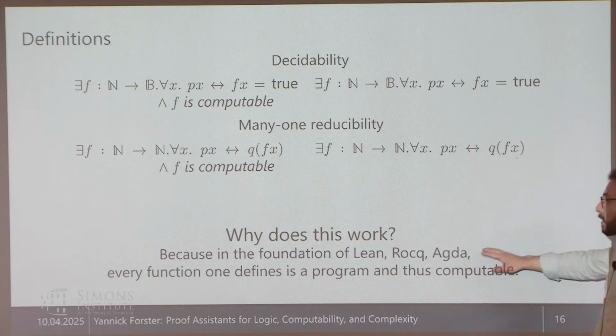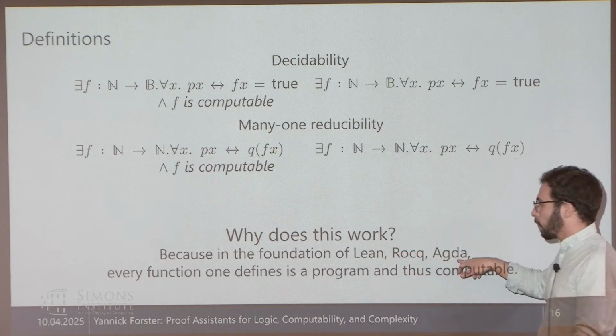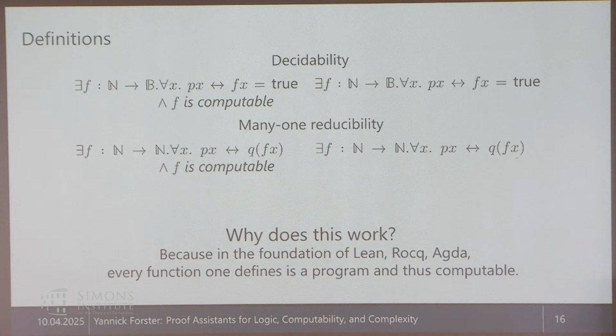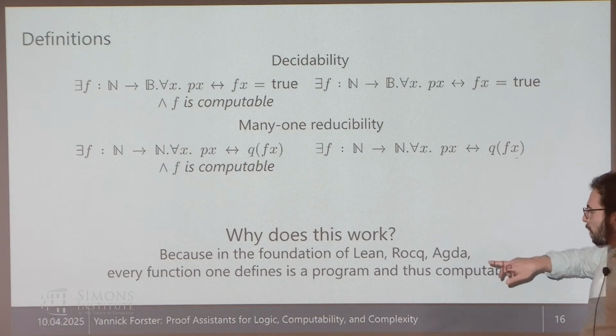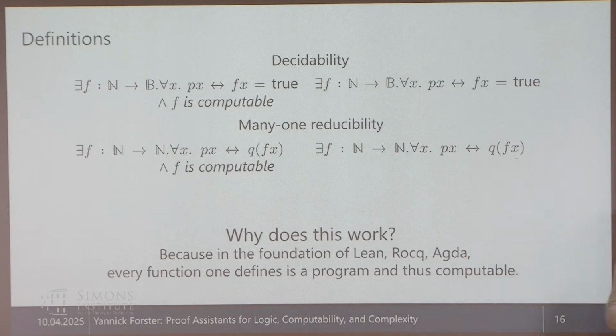This works because if you work in Lean, if you work in Coq, and if you work in Agda, and you saw it a bit maybe in the Lean tutorials this week, every function one writes down is actually a program. Because those things are programming languages. They're programming languages that can be used to formalize mathematics. But the whole point is, if you just write down a function, you really have to write a program. You cannot do arbitrary things. By default, you cannot write down a decider of the halting problem or something like this. You really have to write down a program in the programming language.